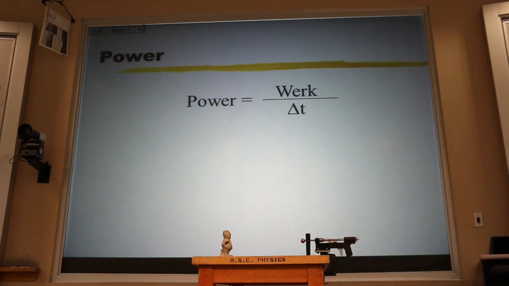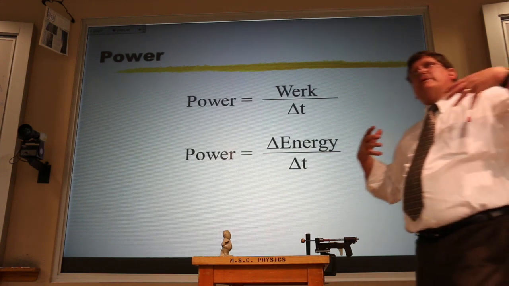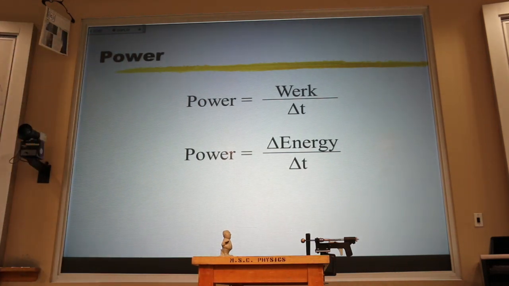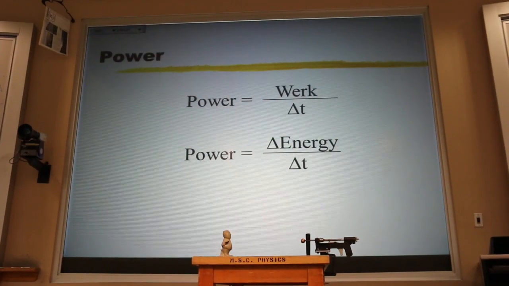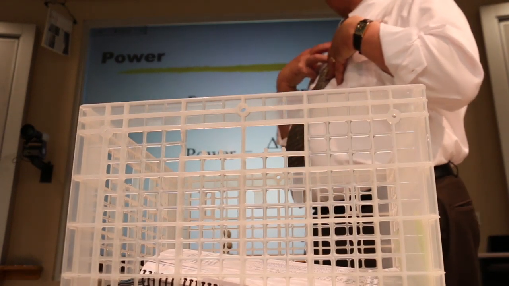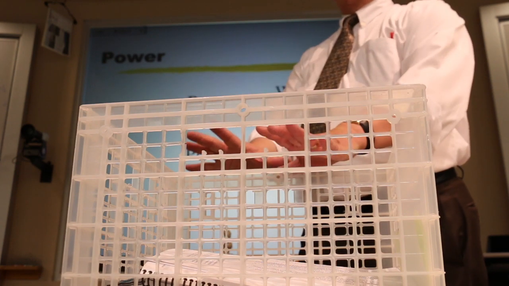Now, work is what changes energy. So another way of thinking about power is how much you can change the energy of something, or how much energy you can deliver to something in 1 second. Now, there are a lot of problems in which you push with a constant push and you get a constant speed. Now, of course, that's because as you're pushing with 50 newtons this way, the friction force is pushing with 50 newtons the other way. But if I just want to know how much power I'm delivering, I don't care about the friction, just how much power I'm delivering,